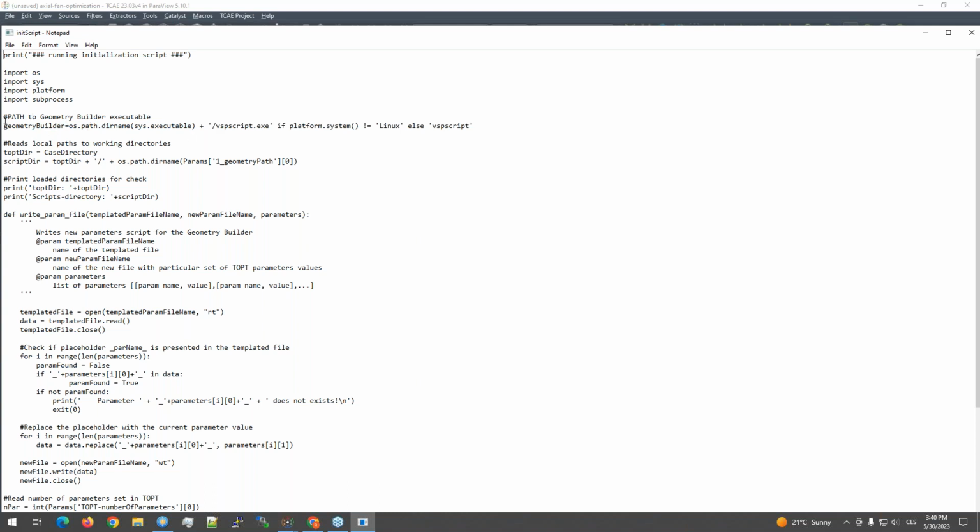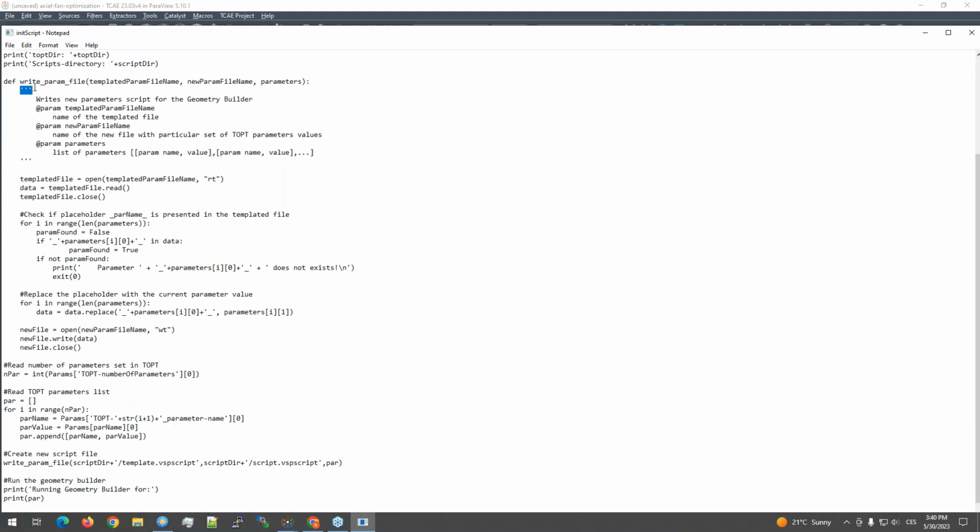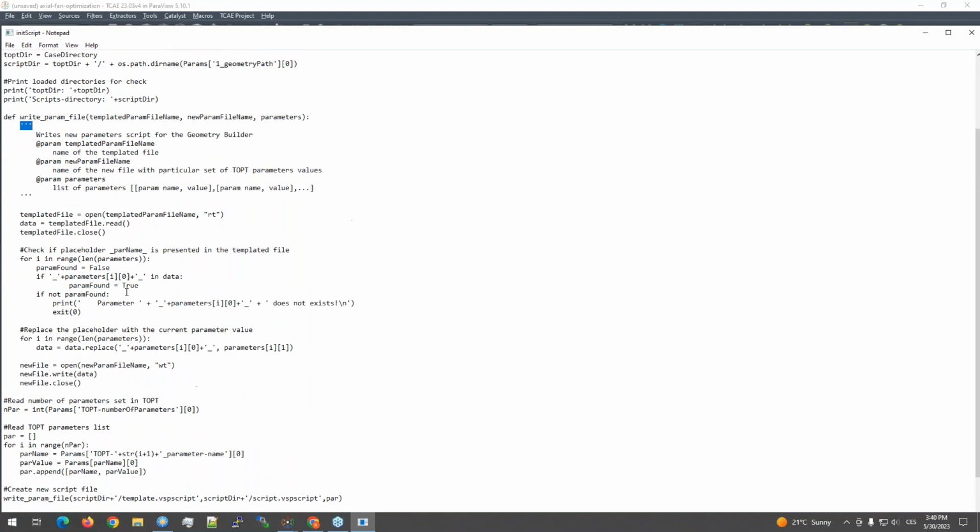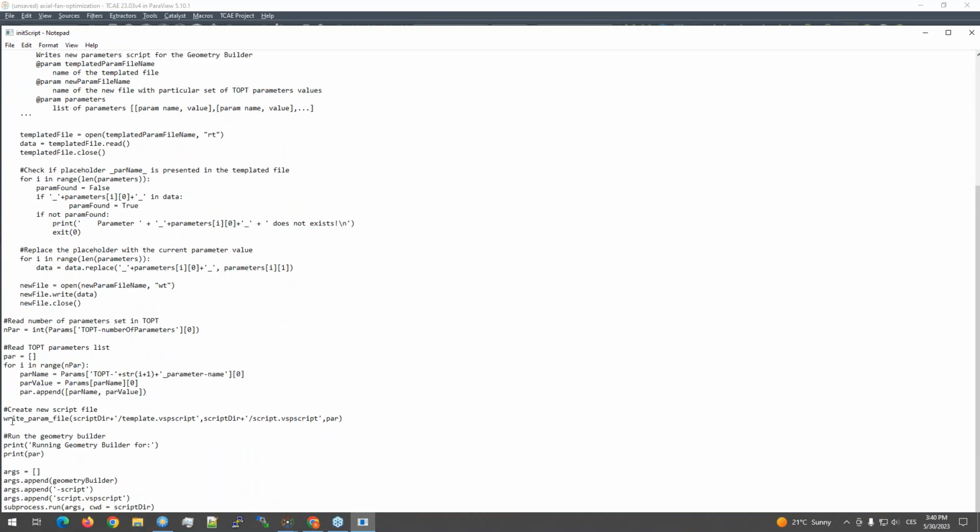So what is the geometry builder, the external tool which needs to be run, and basically this is a standard which looks for the script, and here you will just tell what is the templated script in which the parameter has to be changed, and here how to run the geometry builder. For the next release, we would like to simplify this and make it easier by several clicks directly in the TOPT menu to connect the external tool with